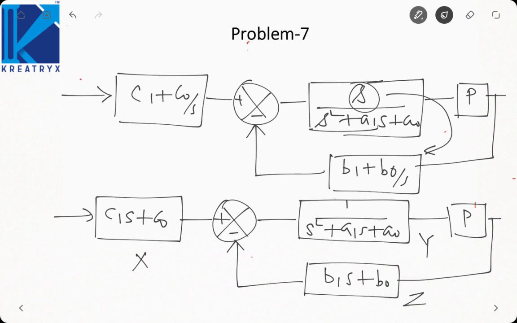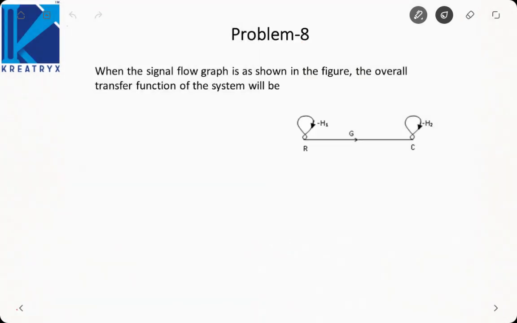Otherwise, if you were reducing the block diagram or if you were trying to draw the signal flow graph and then calculating gain for both the functions, then it would be a bit more difficult. But here we have just reduced the block diagram. So it has become easy and I have translated the block diagram into the similar form what was given to me in the equivalent figure. Moving on to the next problem.